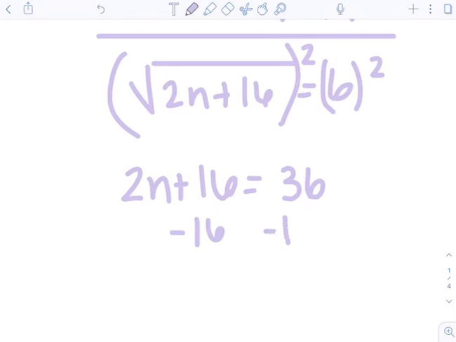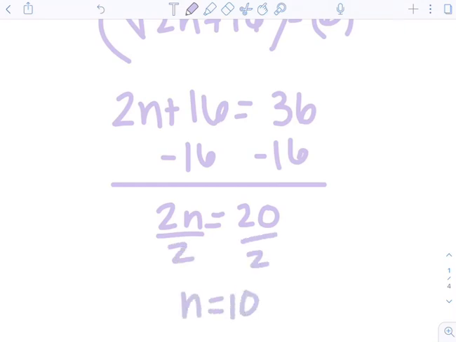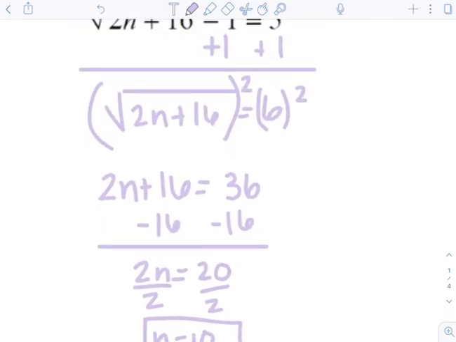I'm going to subtract both sides by 16 because now I'm trying to solve for n. So 2n equals 20. Then I'm going to divide by 2. So n equals 10. So to check to make sure that this answer works, go to the step where you